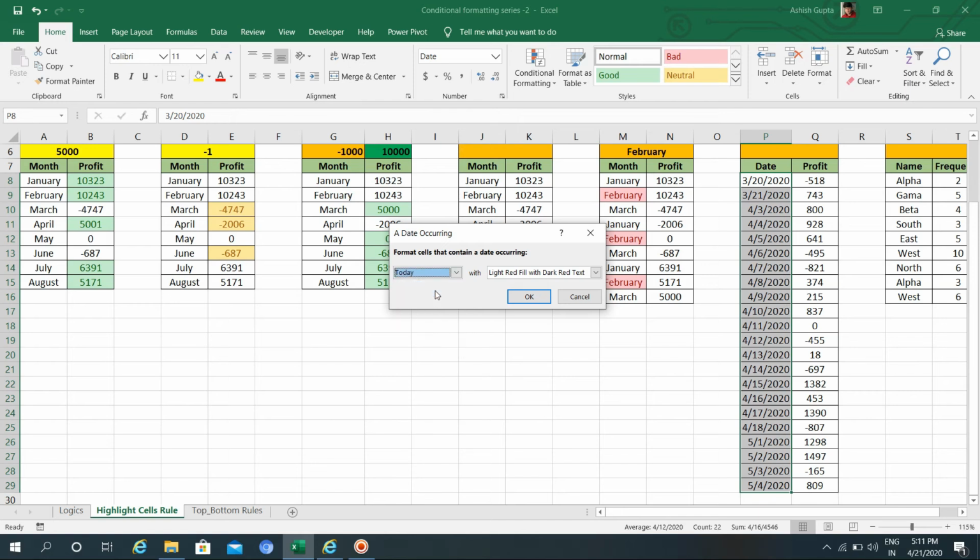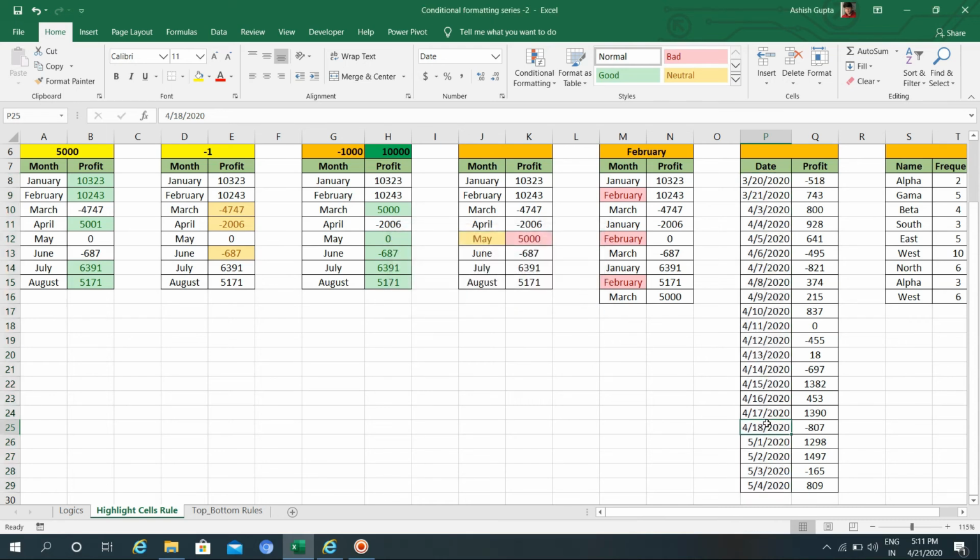I will select today. Today is 21st April 2020. There is no 21st April 2020, that's why it's not showing in color. Let's change some numbers. I change this number, and I change here like 4/20.